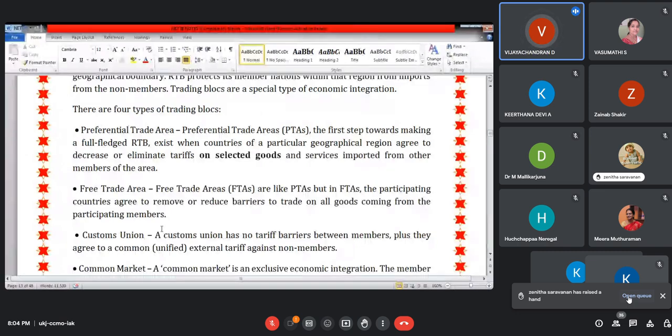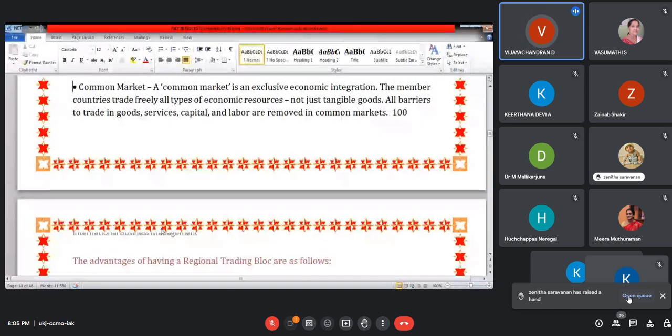Say, for example, crude oil or handlooms or electronics or drug items, or certain specific commodities only, they will freeze the restriction. Whereas in the case of a free trade zone, this is the reverse of PTA. In the case of FTA, a complete freeness will be there. A complete freedom of trade will be there. So that is FTA.